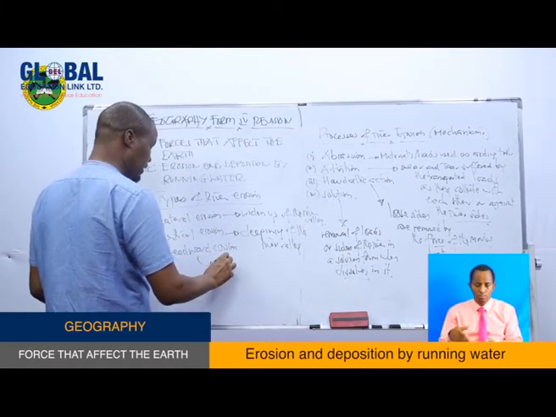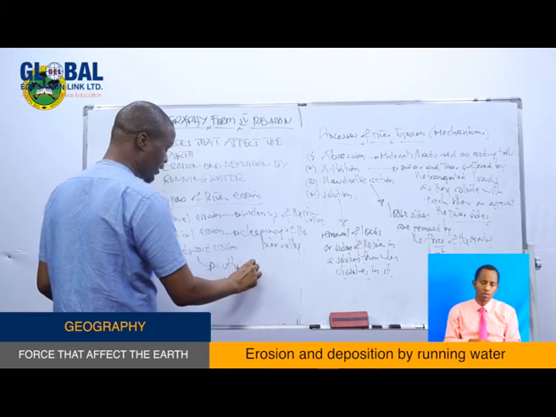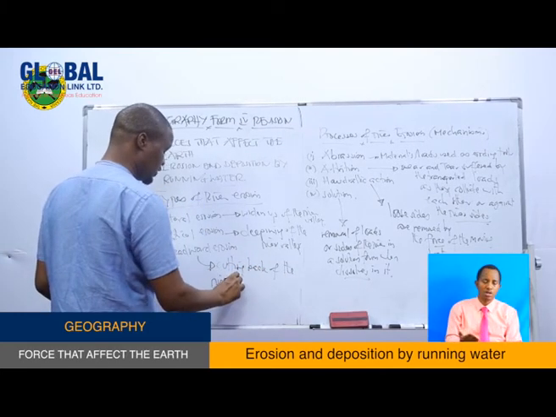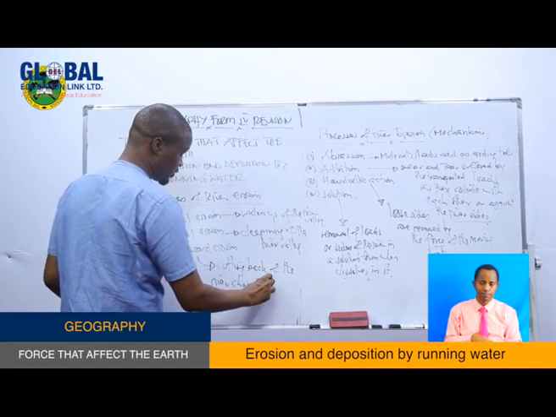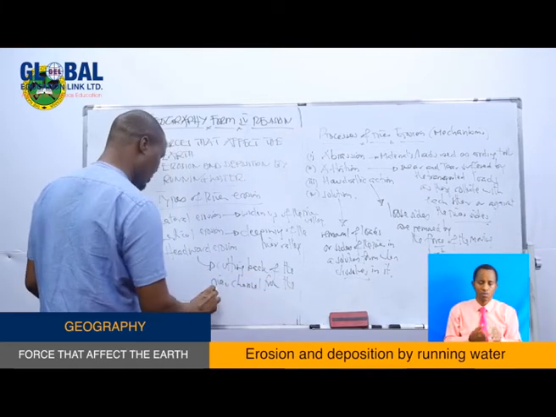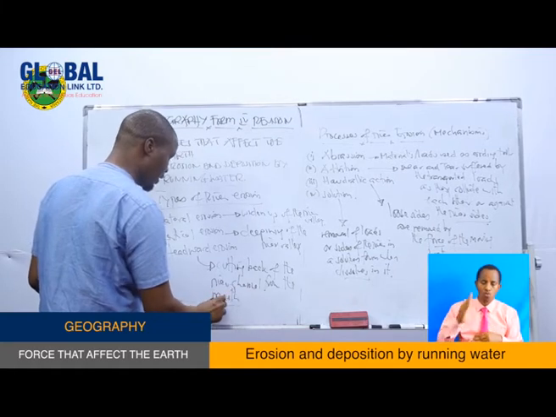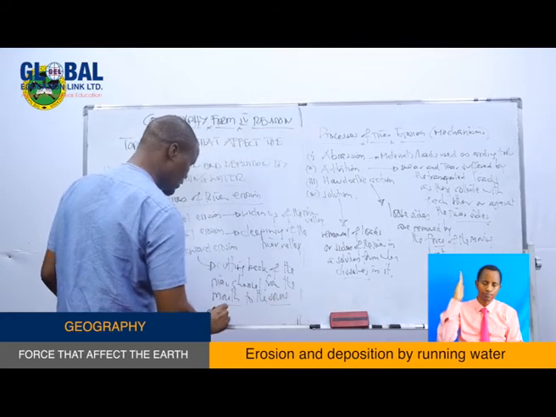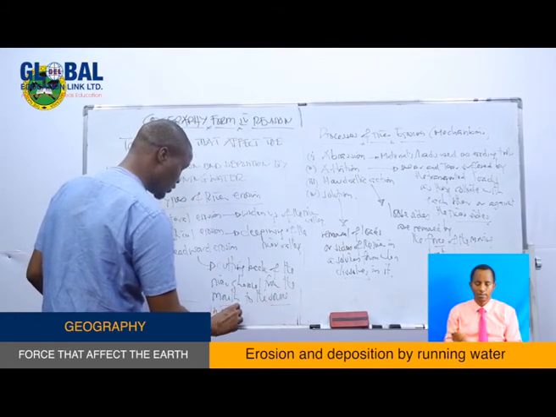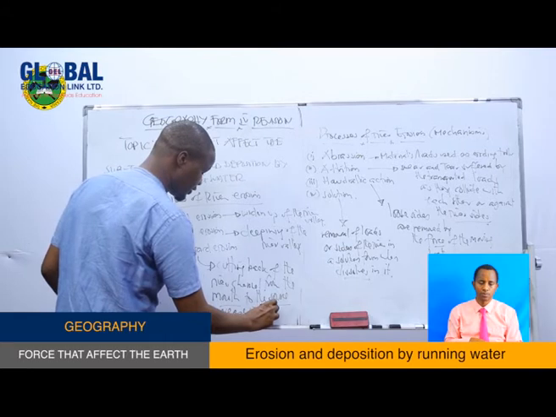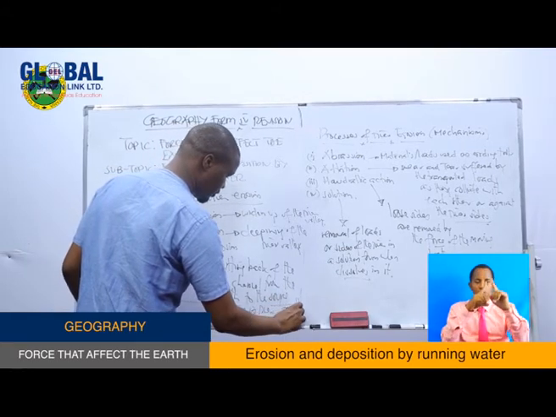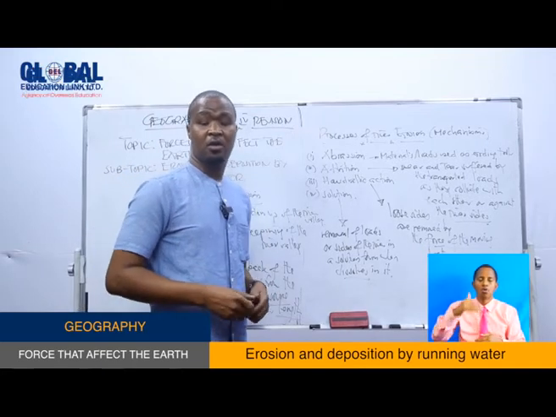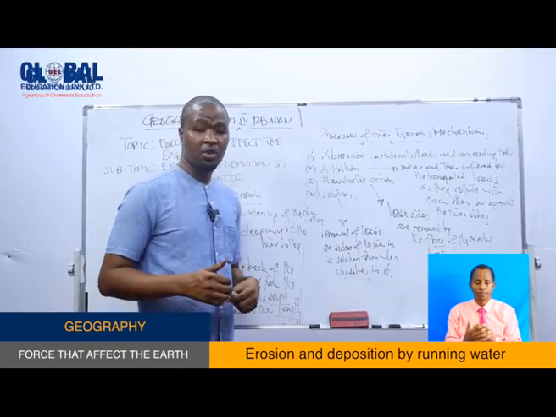This one: cutting back of the river channel from the mouth backward to the source, causing an increase in river length. This is what is called headward erosion. Are you with me? So from there,